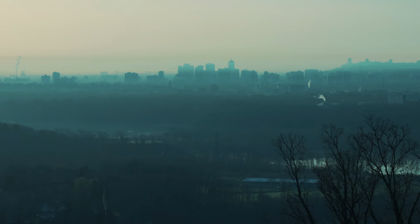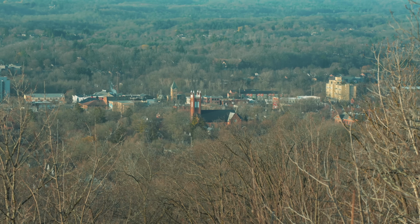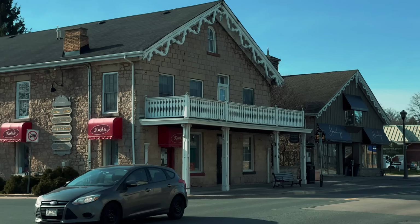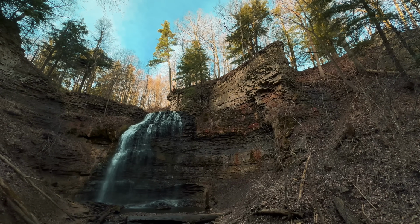The city of Hamilton actually, in recent decades, expanded its borders and amalgamated with some of the smaller towns that are around Hamilton. And these small towns are really nice, really picturesque. Most of them are surrounded by forests and escarpment and waterfalls, and they're really nice little towns and definitely worth a visit. So the first one I'm going to talk about is Stony Creek, which is east of Hamilton, and